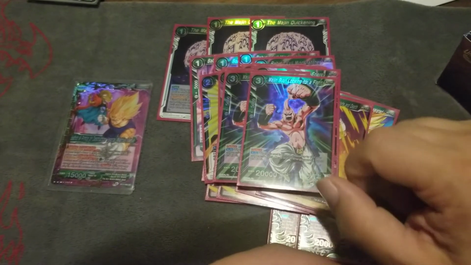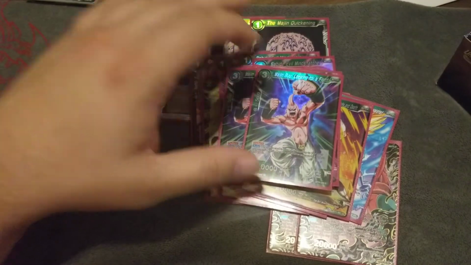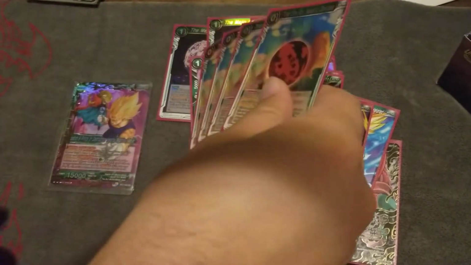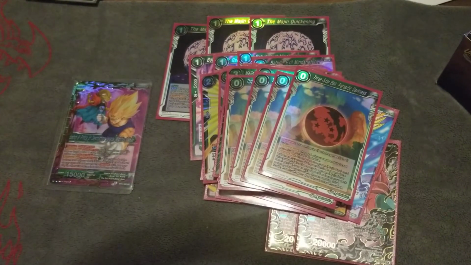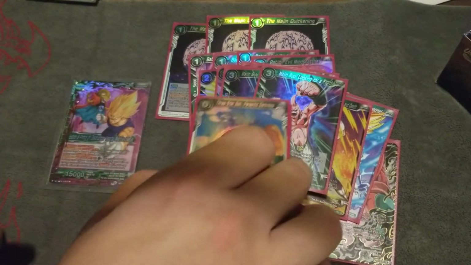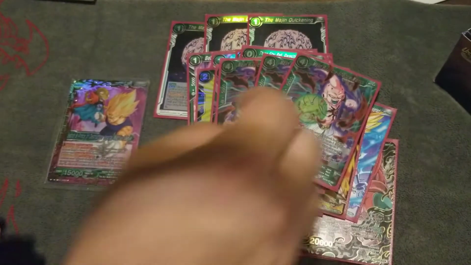They're both 20k attackers, and you're able to evolve them with the 3-star ball Parasitic Darkness, which we play 4 copies of that card as well. It's also a 5k combo, and what you do is when you activate it, you place it under him, and you look through your deck for